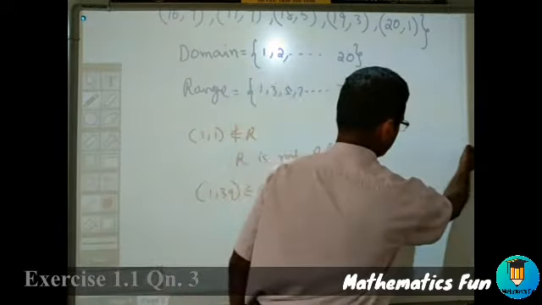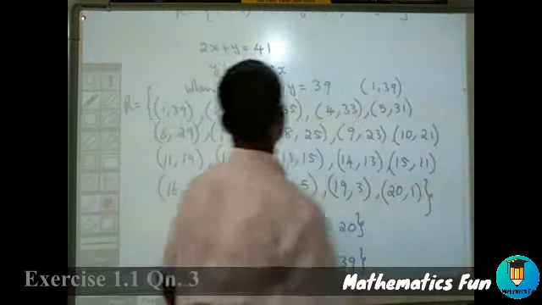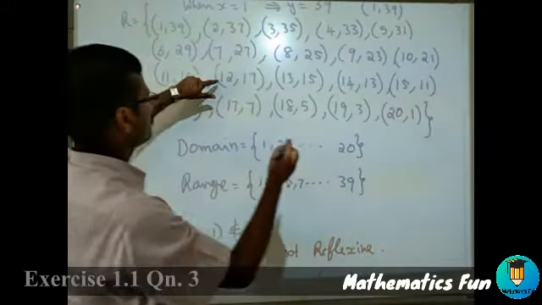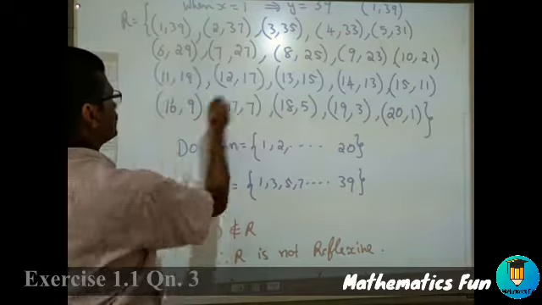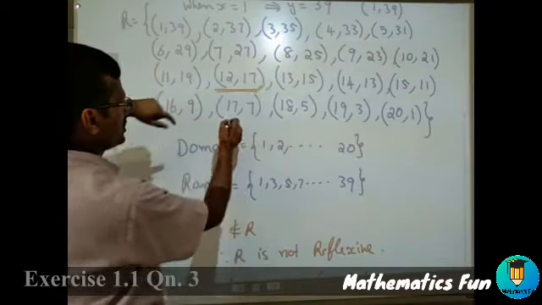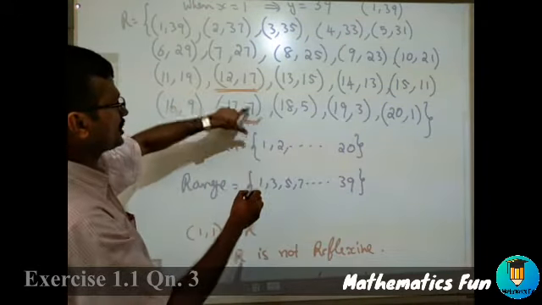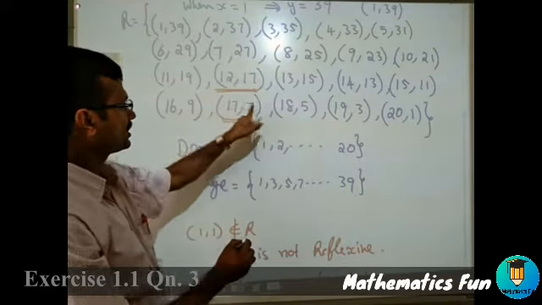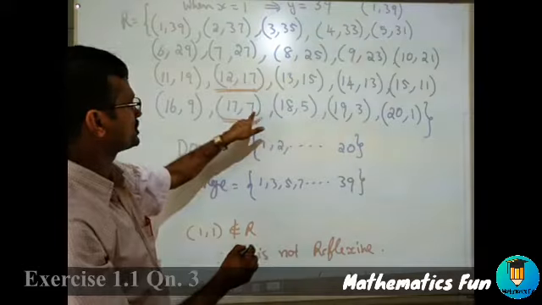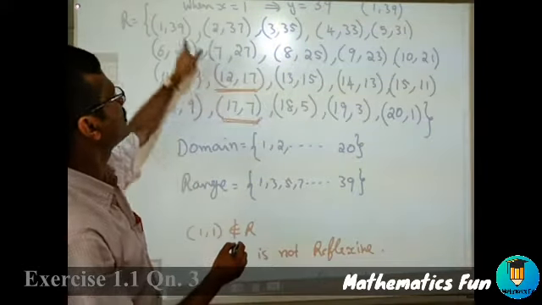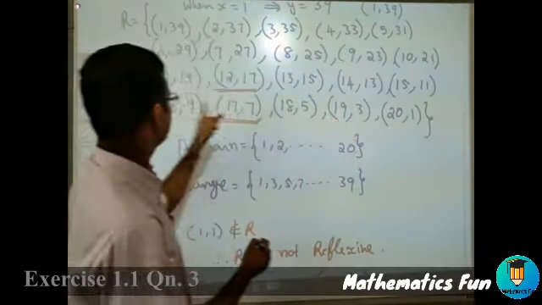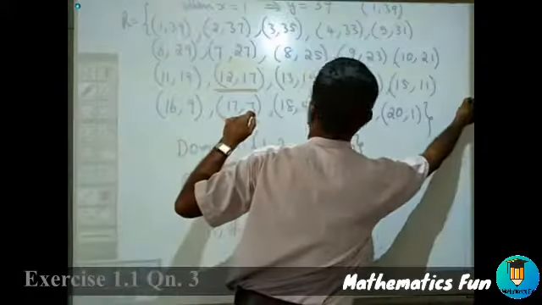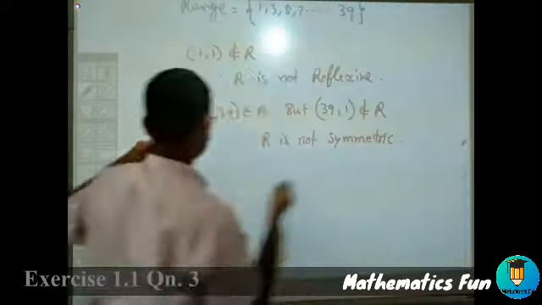Now we have to go for transitive. Look at transitive. We can see two elements like (12, 17) and (17, 7). If you look at these two, that is x related to y, y related to z, so we need x related to z. See, (12, 7) we need. There is no (12, 7) in this. So that is why we can write like this: